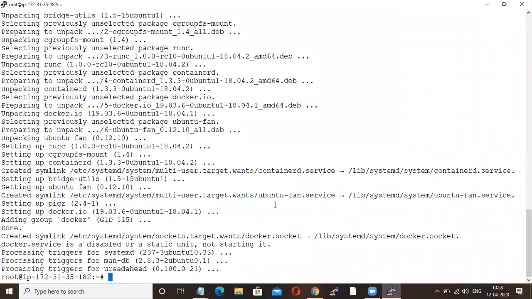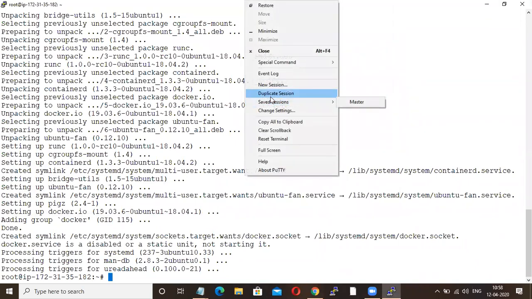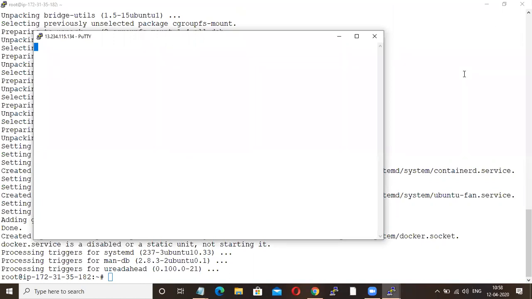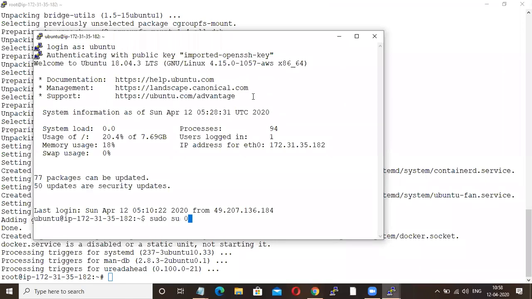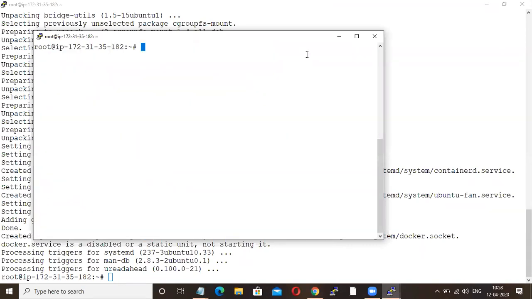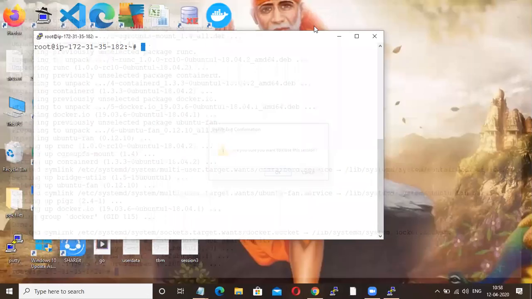Okay, fine. So now, what are my use cases?